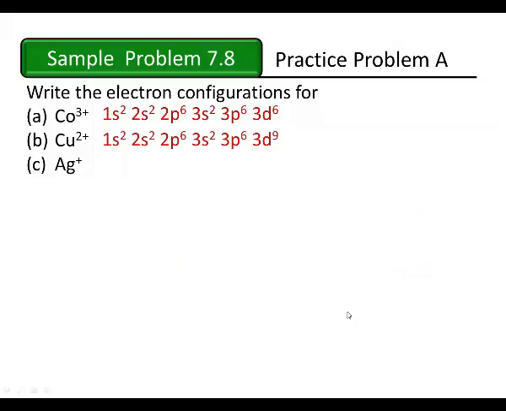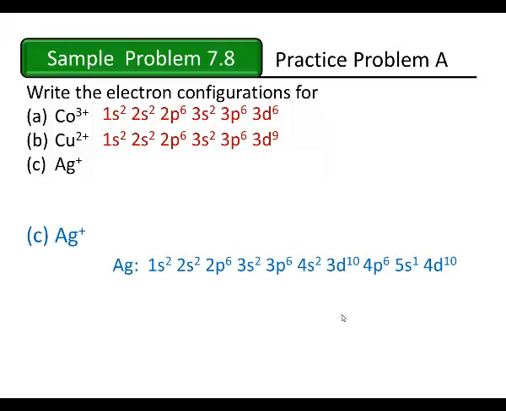Our final exercise asks us to think about silver with a charge of +1. Notice that silver and copper are in the same group on the periodic table. As we thought about copper in the previous question, we're going to have to use an anomalous electron configuration for silver as well. Neutral silver will have its electrons arranged as 1s2, 2s2, 2p6, 3s2, 3p6, 4s2, 3d10, 4p6, 5s1,